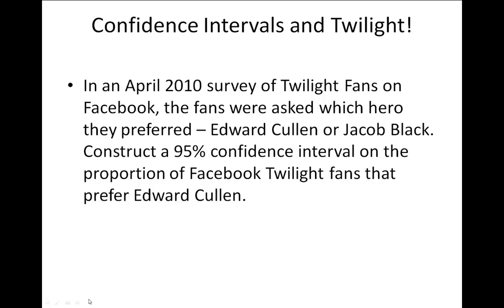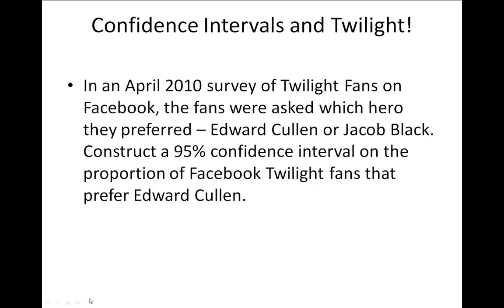Even if you do not know who those people are, we can still do this problem, and we're going to construct a 95% confidence interval on the proportion of Facebook Twilight fans that